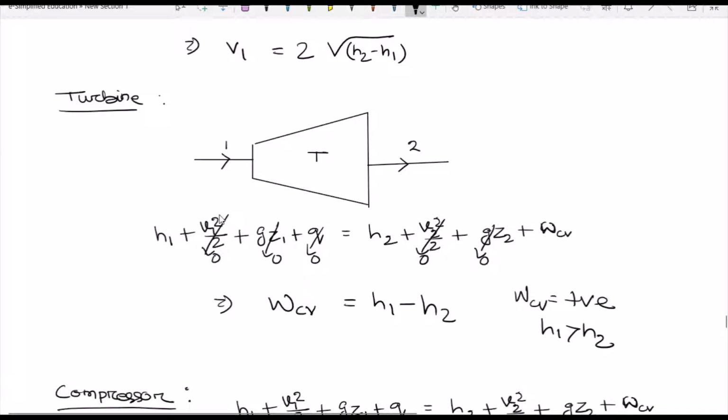But when you are solving a question for the steady flow energy equation, first you have to write the main equation. Whatever data is given in the question, you put in the equation. After that, the data which is not present in the question, you make as 0, then you proceed with your answer,